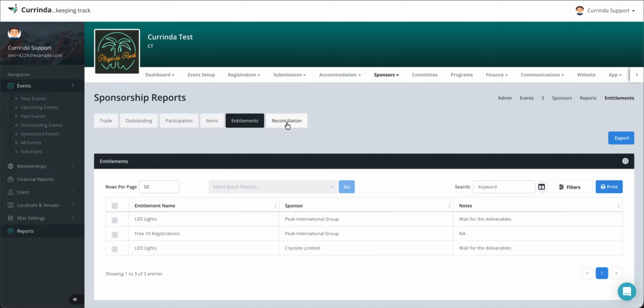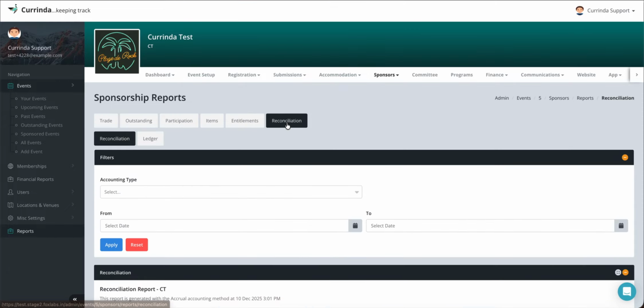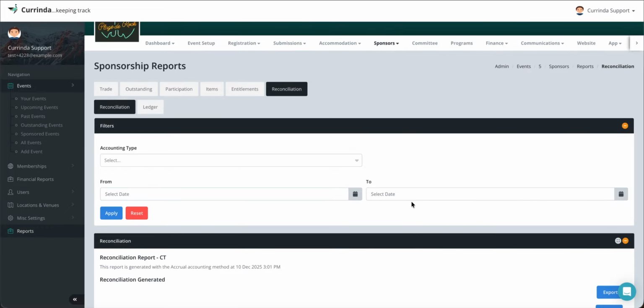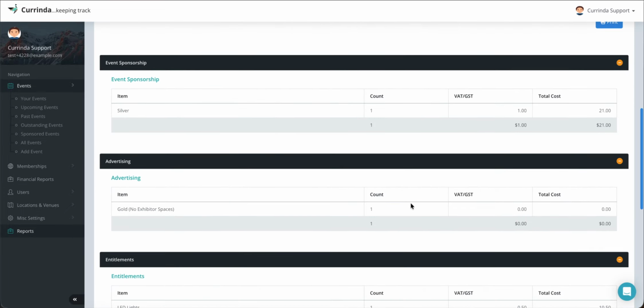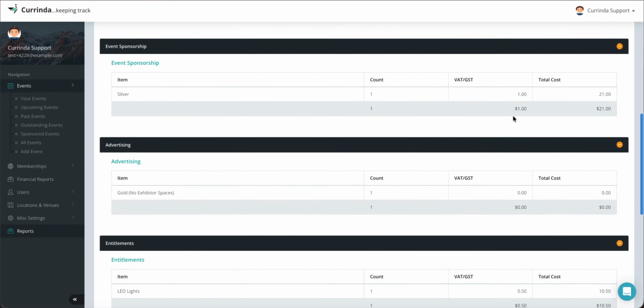Now we can go and see reconciliation for this sponsorship, and you can see we can select the accounting type as accrual or cash, and from the dates, what dates are applicable and what the final date is. And you can see currently you can see everything here. You can see event sponsorship, which is of $21. Advertising, here VAT is included, and again advertising, because no costs were incurred here, or no one purchased this, or however. So